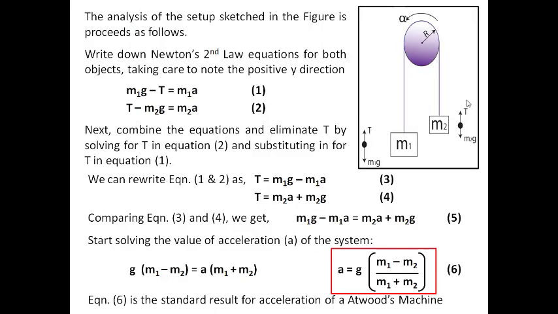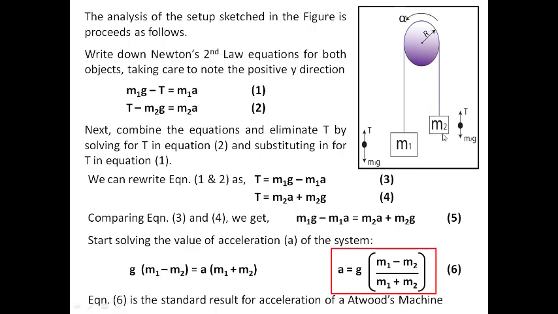So we can achieve the same equation as what we got in Lagrangian. Now you notice that while applying Newton's second law, F equals ma, for both objects, for mass M1 which is going down, M1g is the force acting downward, minus tension T applied on the opposite side because of Newton's third law, which will be equal to ma. M1 represents the mass and a is the acceleration of the system. This is equation number 1 with respect to mass M1.